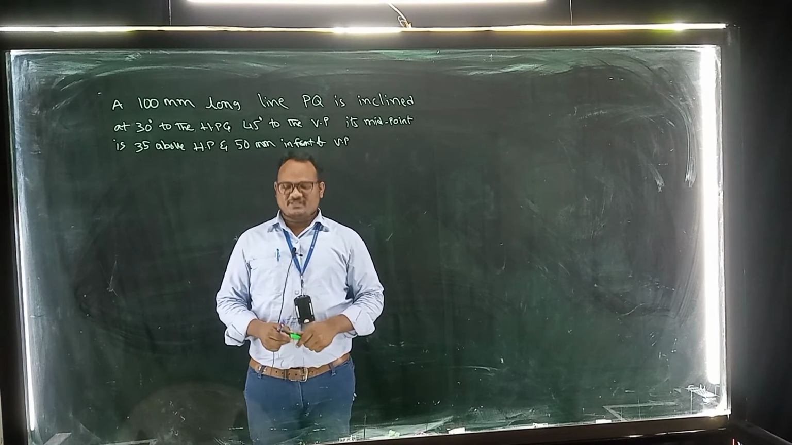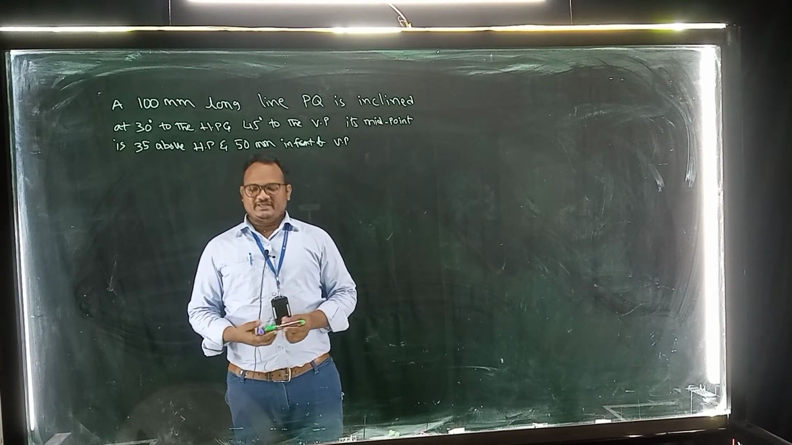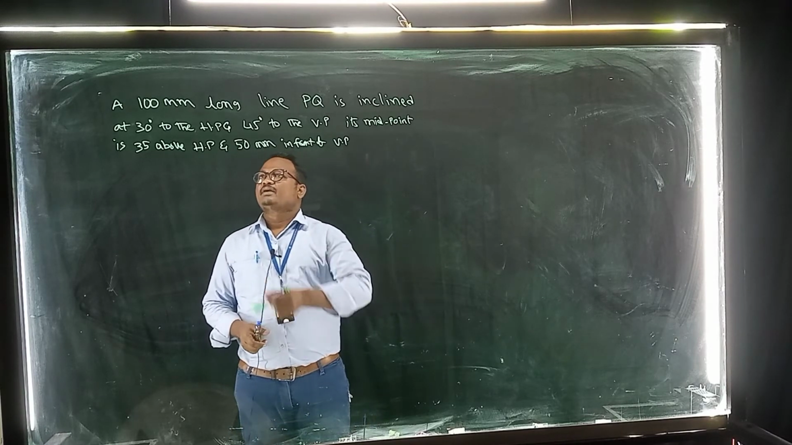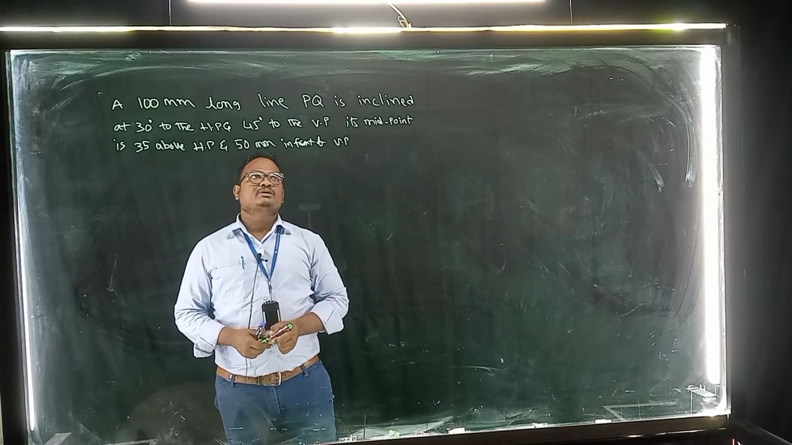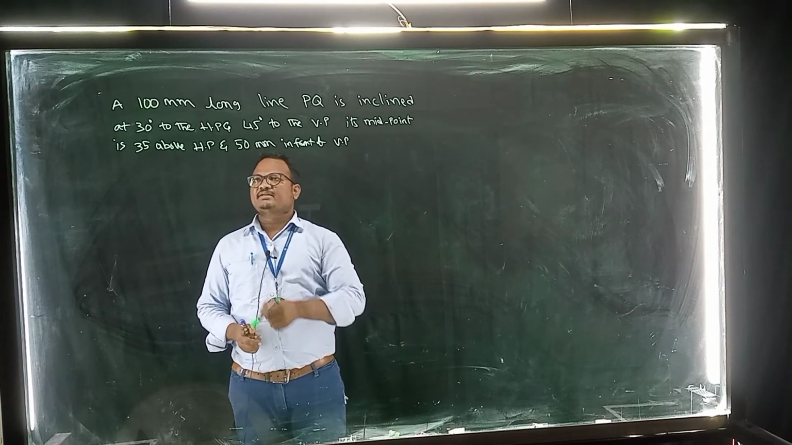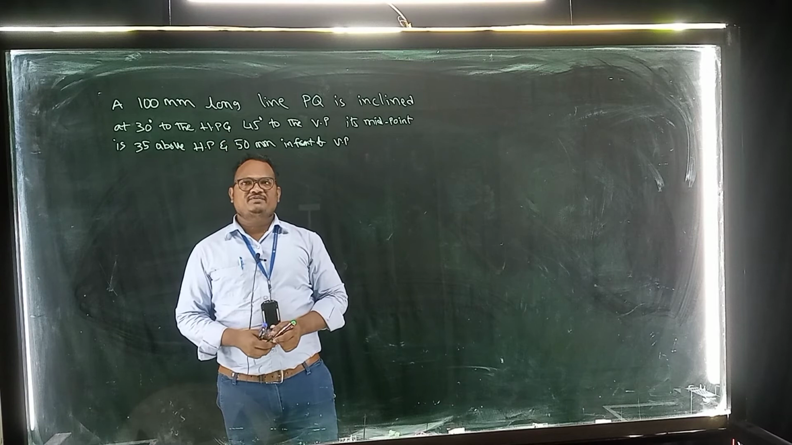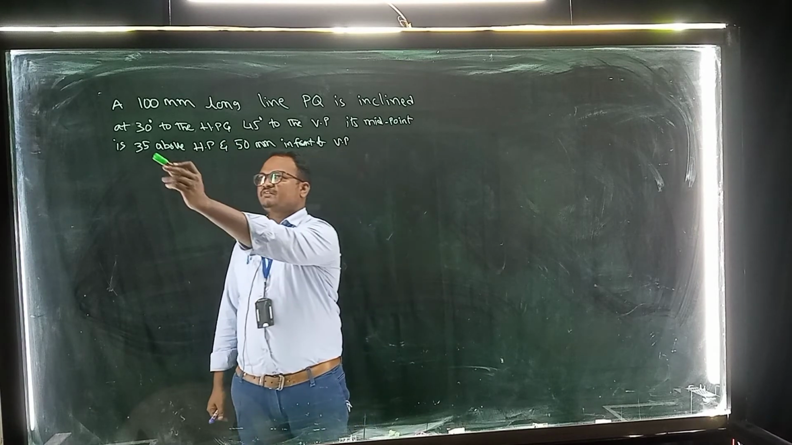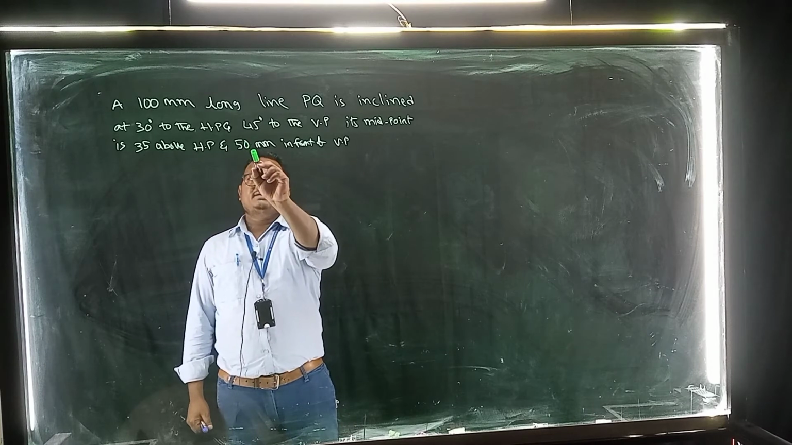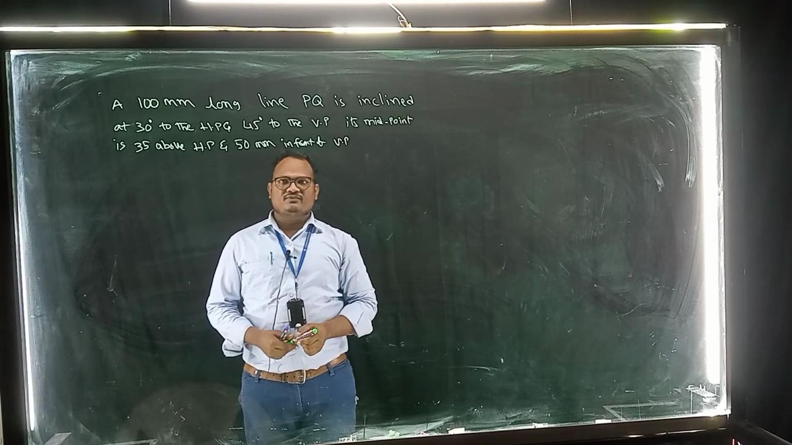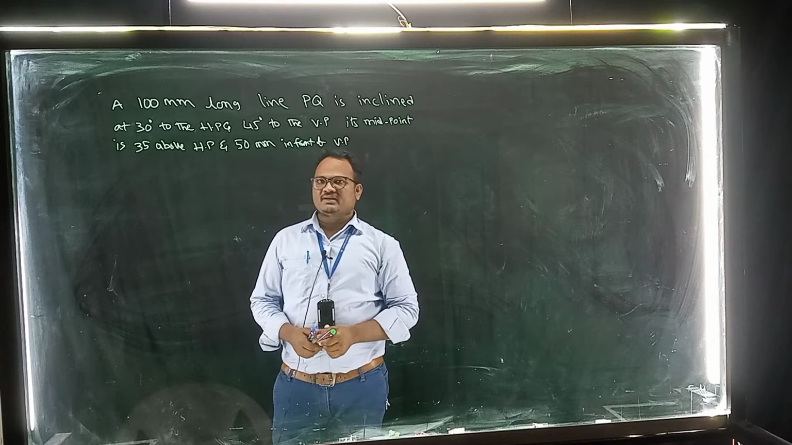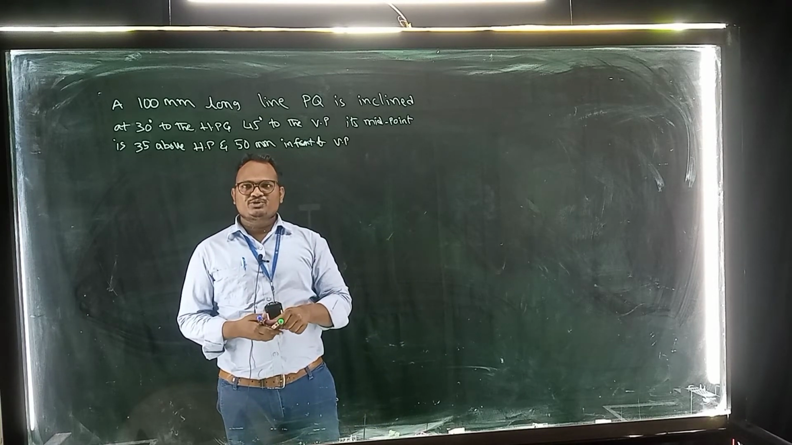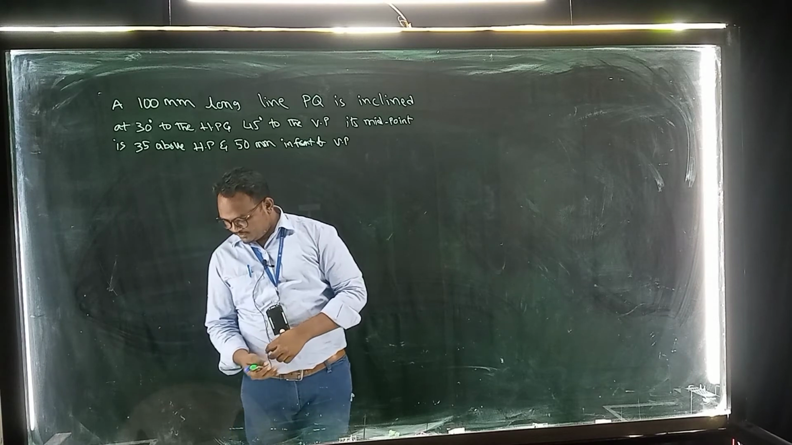Next problem in the projections of straight lines. It is one of the miscellaneous problems, very important for external examination. A 100 mm long line PQ is inclined at 30 degrees to the HP and 45 degrees to the VP. Its midpoint is 35 mm above HP and 50 mm in front of VP. Instead of giving end points, in this problem he has given the midpoint. By using this data, we have to find out the